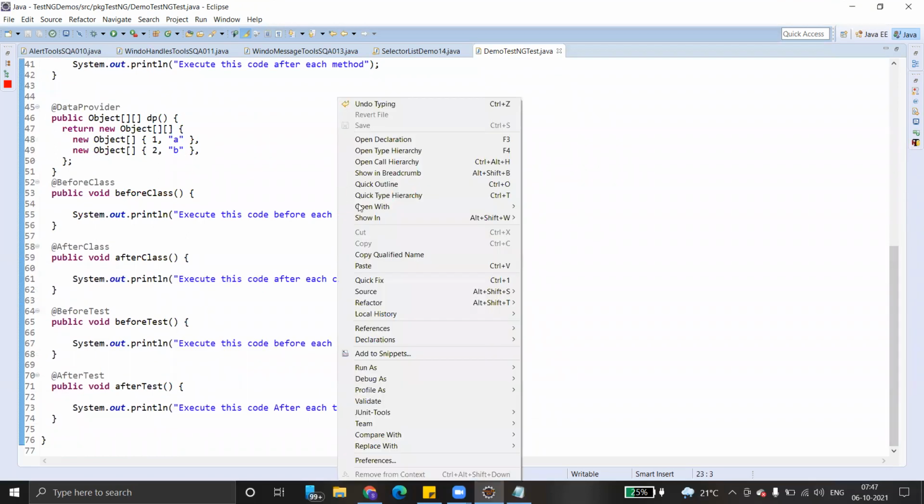Okay, I will show you what is test and all. Just right click. So one more advantage with testng, we can create a configuration file. If you have some hundreds of test cases, we can execute only certain test cases, and certain test cases can be ignored, right? So convert.